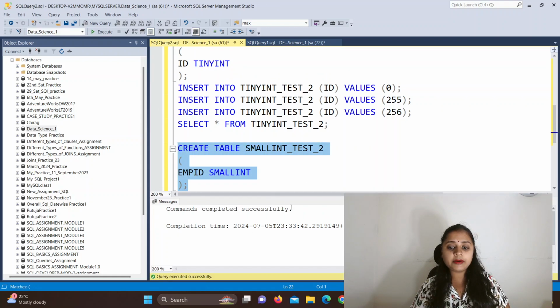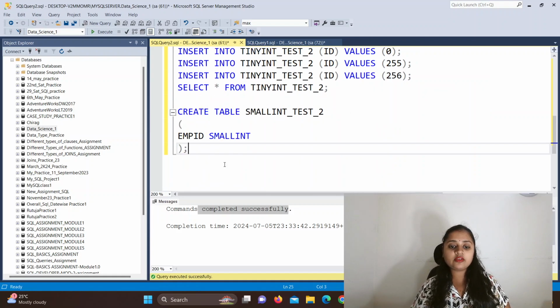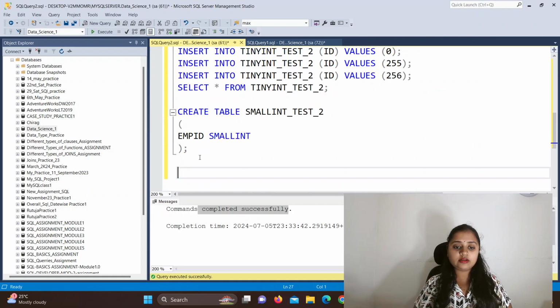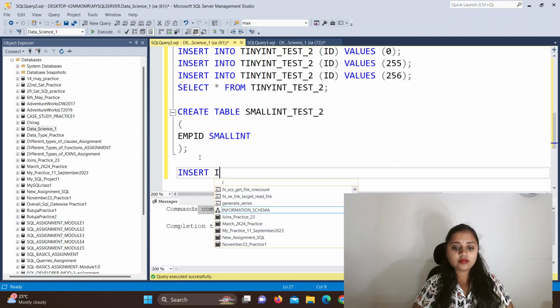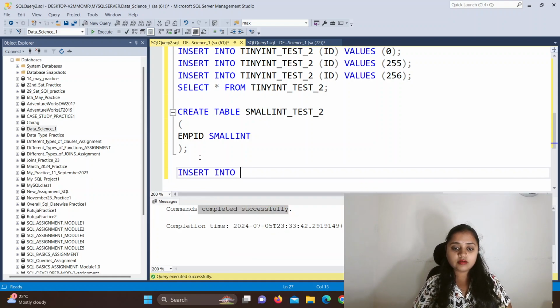So completed successfully means my table is created. Now the range is from minus 32768 to 32767. So I will try to insert a number into it. Insert into, the table name is small int test 2, then my column name is employee ID, and then values.